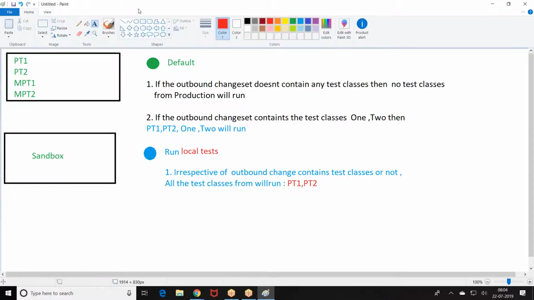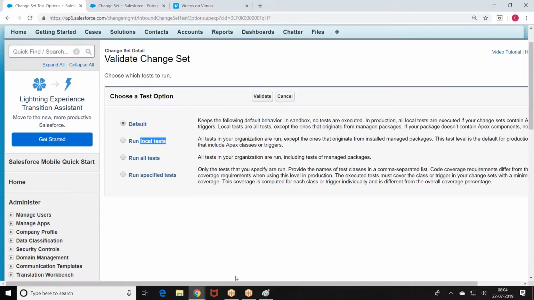Then we have run all test classes. What is the next one we have? Run all tests.